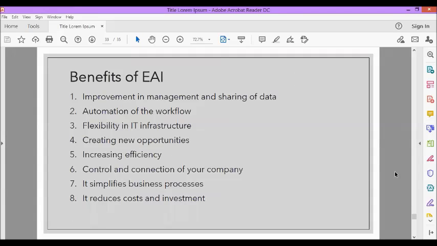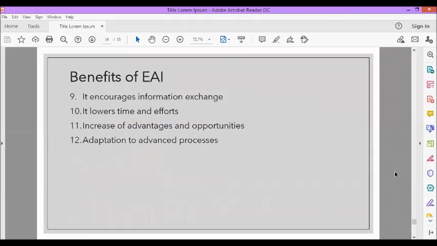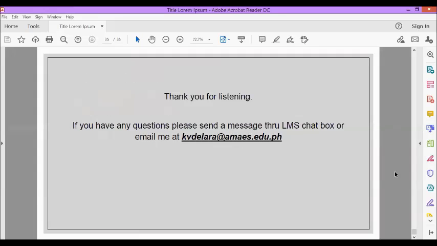Then we also discussed the various benefits of EAI. So enterprise application integration represents a new paradigm in the use of technologies and services. Whether small, medium, or large companies, they use it to facilitate their entire business process since it allows them to integrate everything from software applications to hardware systems. So those are the basic concepts of enterprise application integration.